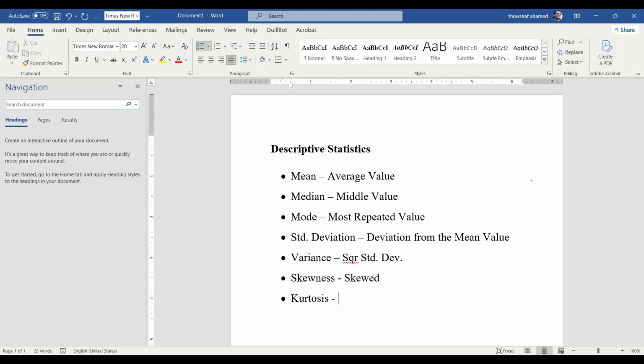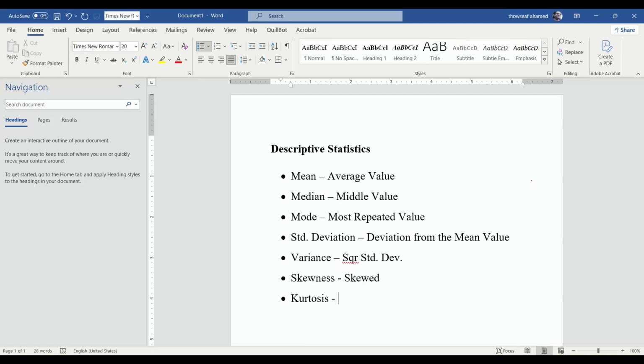Where does the mean value exactly lie? Is it on the left side or the right side? So for example, if I give you a question paper in a very easy way, very simple, many people will be getting marks between 60 to 90 or sometimes 60 to 95, and very few people will be getting less than 60. So here the skewness will be on the right side. So this is what it is: whether the distribution curve is on the left side or the right side, where most of the respondents' values are situated. Skewness is used to measure that.